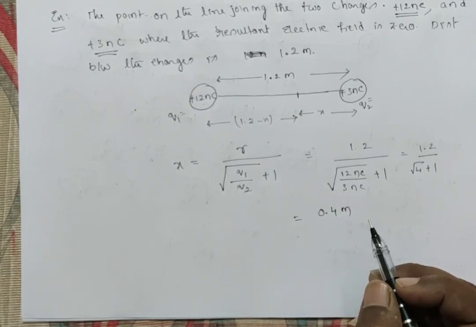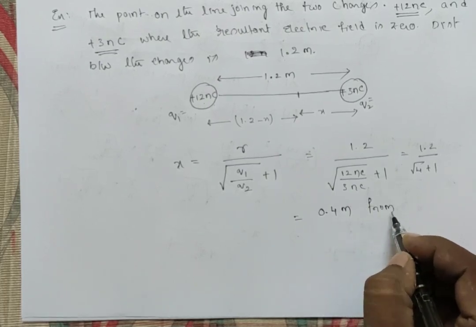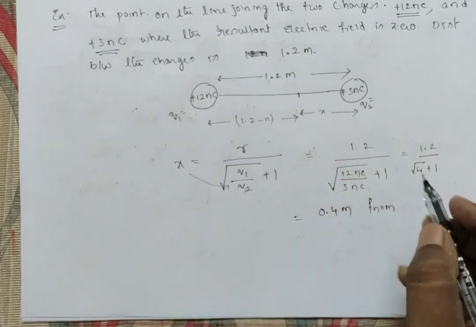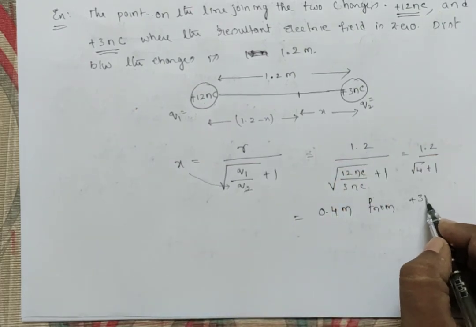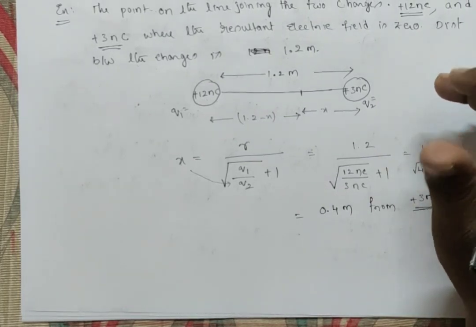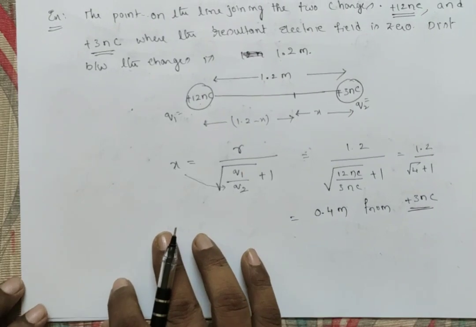So where is the null point possible? 0.4 meters from which charge? Q2. The distance corresponds to Q2, that is from the plus 3 nanocoulomb. This is the way you can find it out. Suppose one charge is positive and another is negative; if they give the same case, you can understand that if